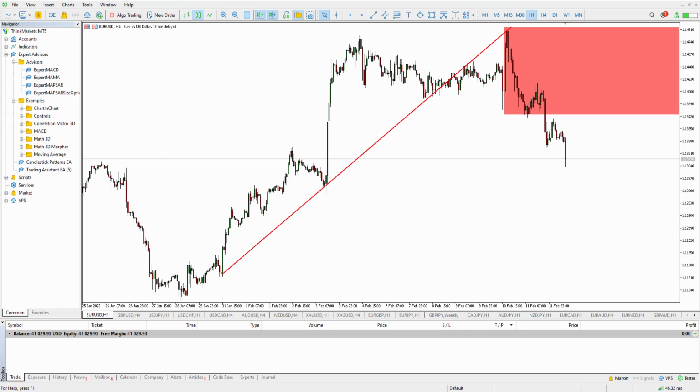In today's video we're going to be talking about how to properly determine the lot size on each one of our trades. Okay, there's no way you're going to be a consistently profitable trader if you can't determine and calculate the lot size for each one of your trades, because you're going to be using a different lot size for each of your entries. What a lot of traders tend to do, especially beginners, is they pick a random lot size and that's what they use to enter each one of their trades, but that's completely wrong,